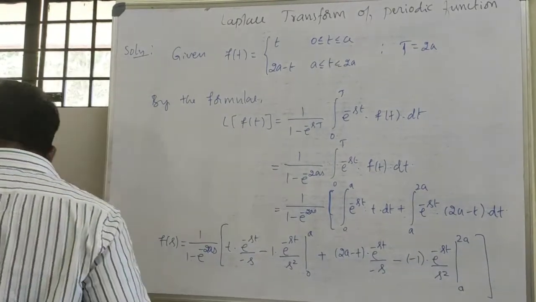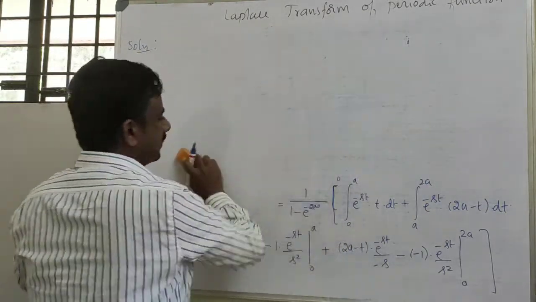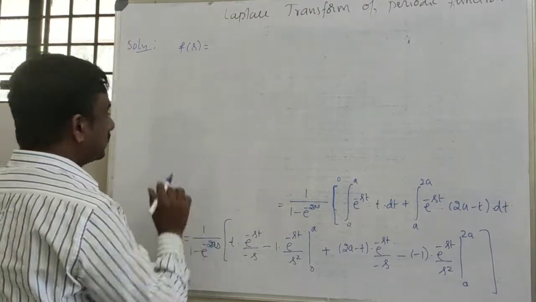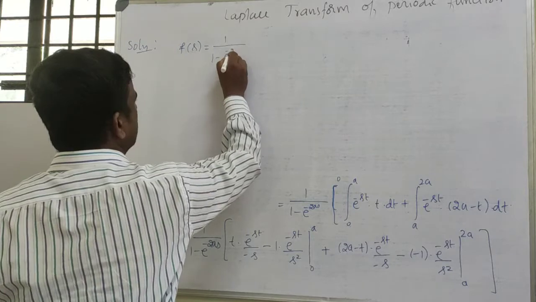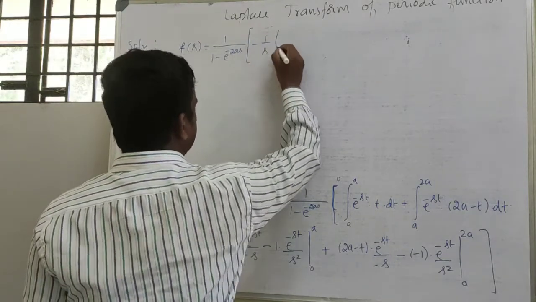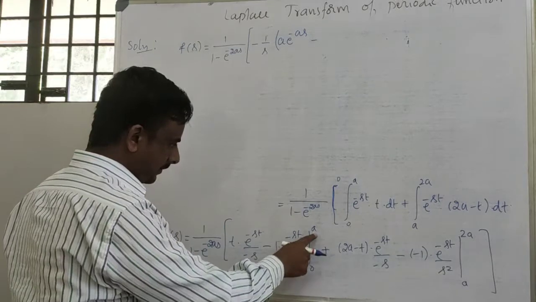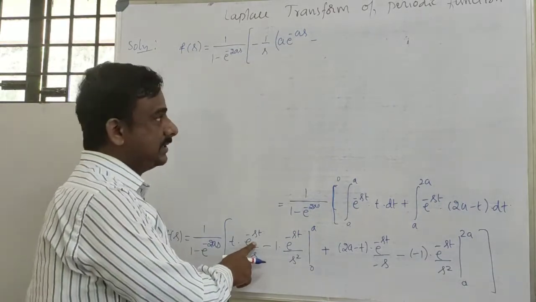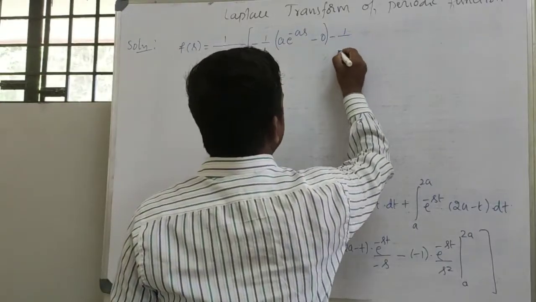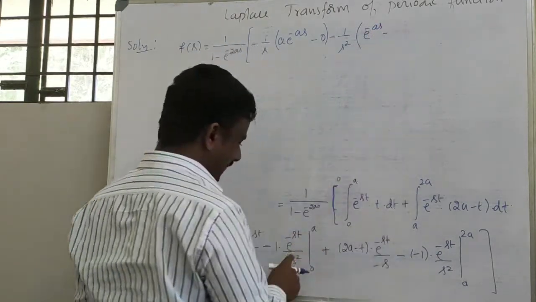Now applying the limits, let's simplify this, applying upper limits and minus the lower limits. So I'll get f of s equal to, so this term no change in that, so 1 divided by 1 minus e power minus 2as times, applying upper limits to this, minus 1 by s times a into e power minus as, minus applying lower limit 0 into e power 0, that will be 0, minus 1 by s square times, applying upper limit e power minus as, minus applying lower limit I get e power 0, that is 1,